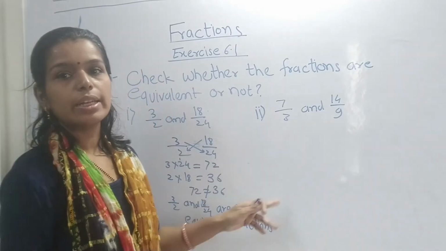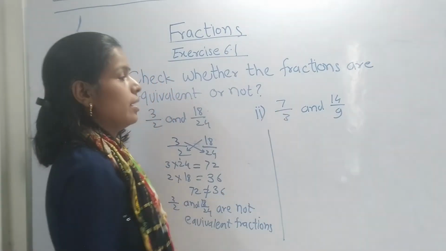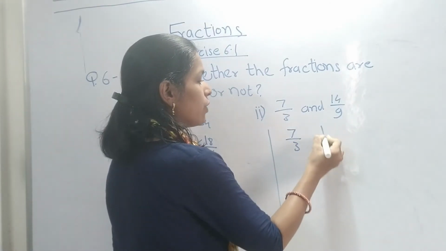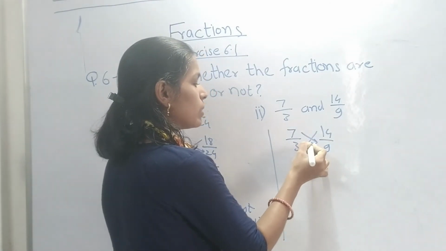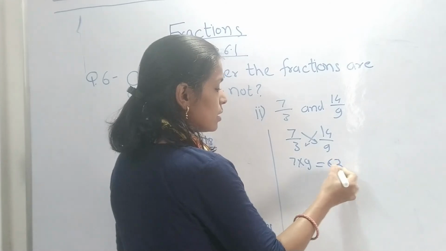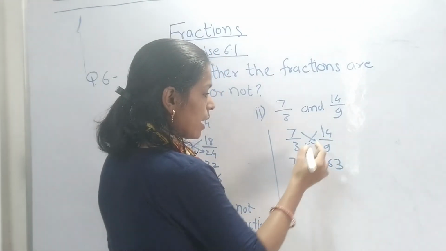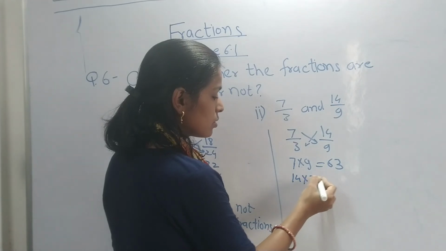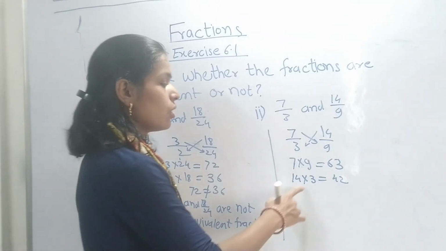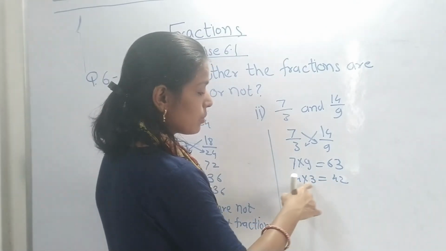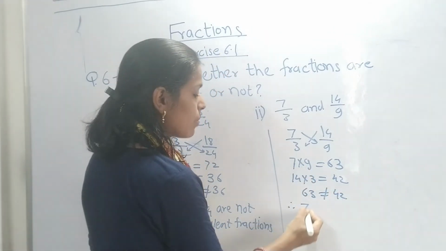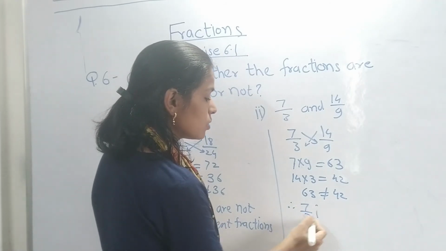Okay, now let's go towards the next question. Last question of the equivalent fraction. Again, 7 by 3 is there and 14 by 9 is there. Perform their cross multiplication. 7 multiplied by 9 is equal to 63. And 14 3s are 42. Again this 63 is not equal to 42. Therefore 7 by 3 is not equivalent to